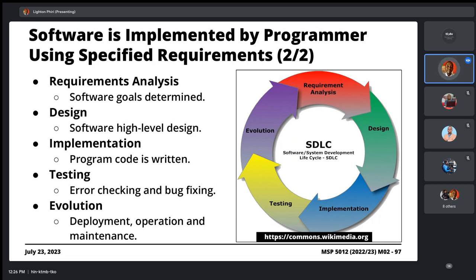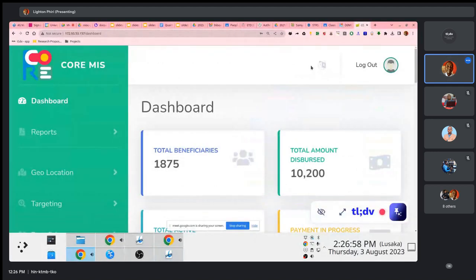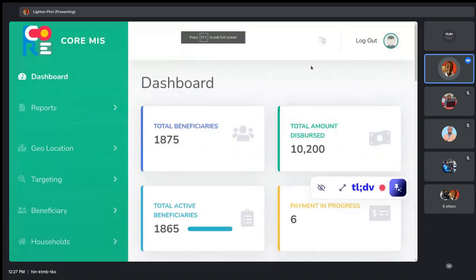And then finally, during implementation, the programmers would write the actual source code. So this is what these experts refer to as, oh, I'm programming or something, right? And then, of course, you also need to take into account testing. It's one thing to develop a piece of software like this, but the question to ask is, does this thing do exactly what we told these programmers that we wanted? So you have to test.